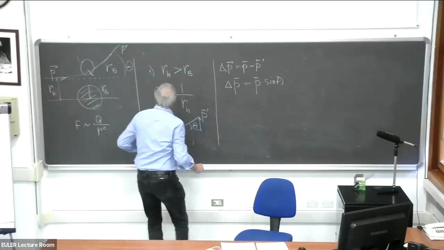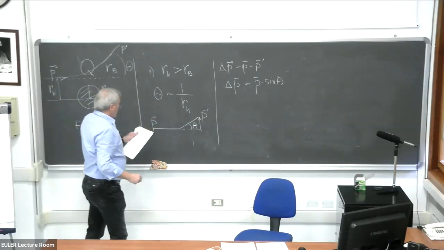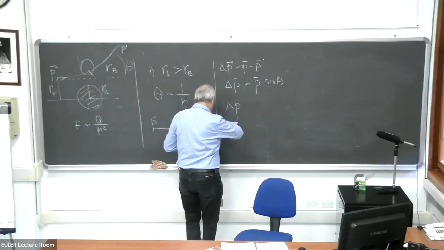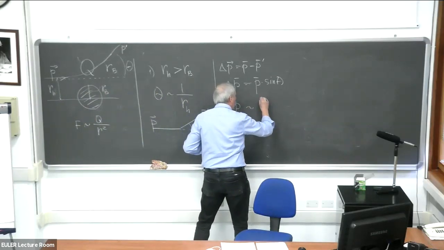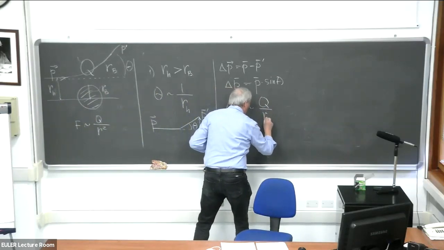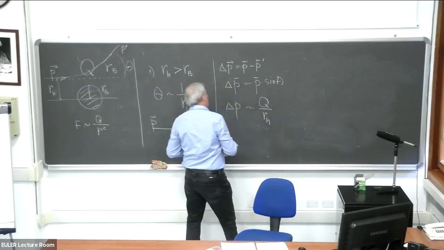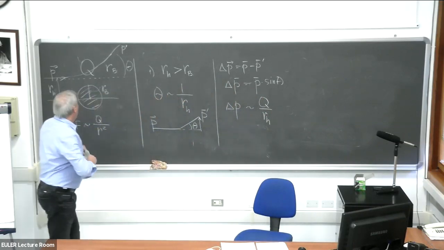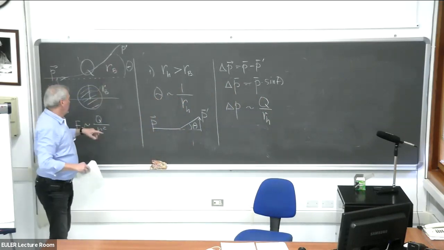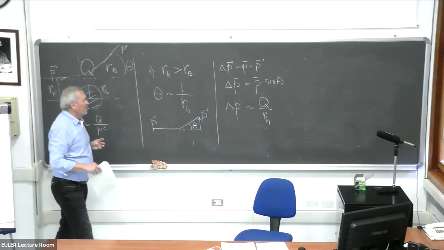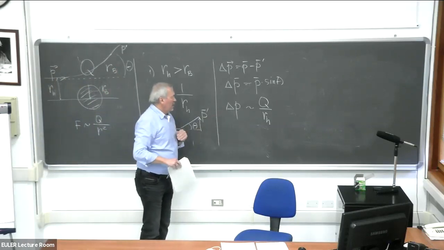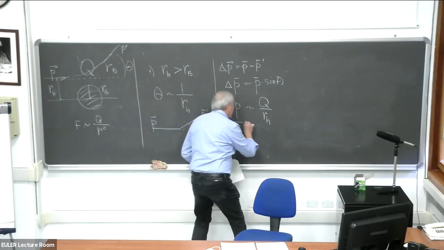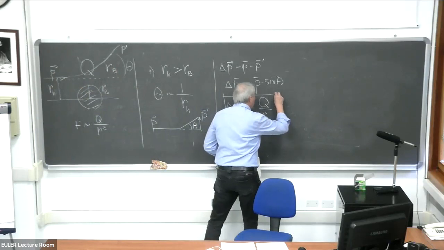Now, considering this scattering, one can find that delta P is given by Q over R_H, where R_H is the impact parameter. So one needs to just integrate along the trajectory, knowing the force, to solve the equation, and you will eventually get this expression. In fact, this expression can be obtained just on dimensional grounds,